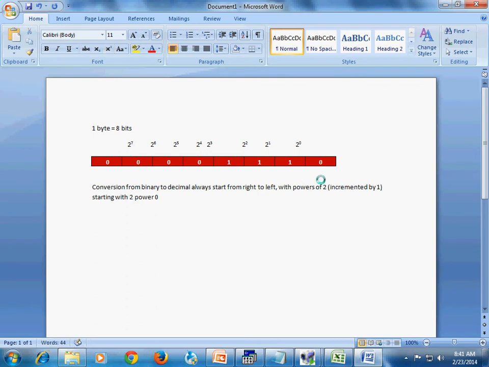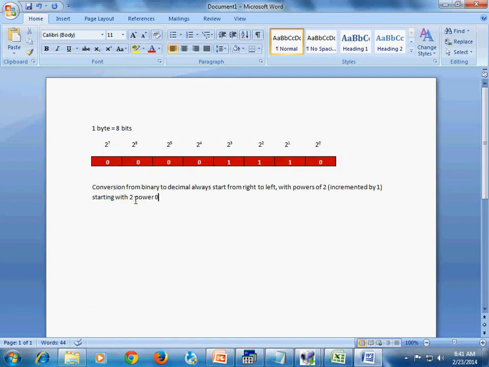Reading from the left, this represents 2 power 7, 2 power 6, 2 power 5, 2 power 4, 2 power 3, 2 power 2, 2 power 1, and 2 power 0. This is for 8 bits.